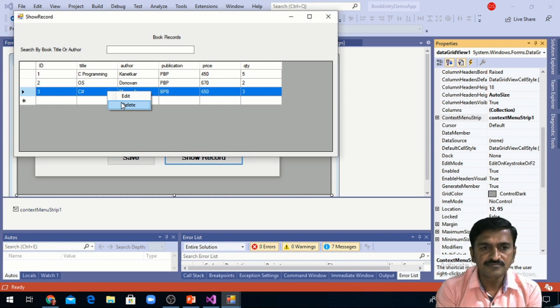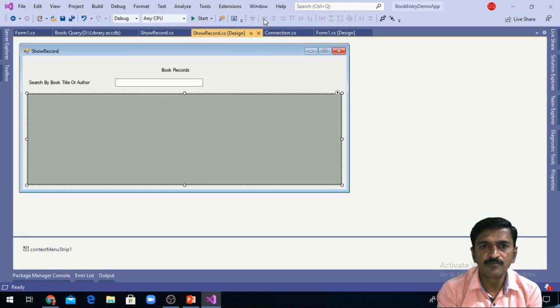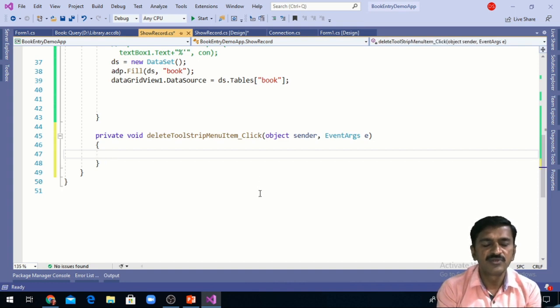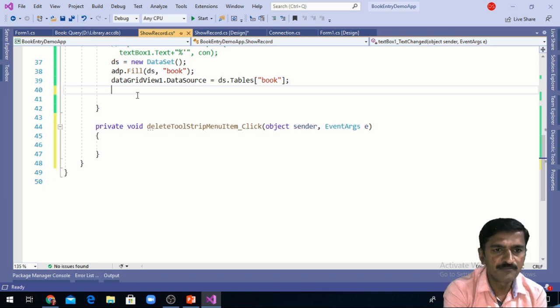First we write the code for the delete menu option. So again I am moving toward the code. I am selecting this context menu strip and double clicking on the delete option. Here I can write the code to delete the record from the table.